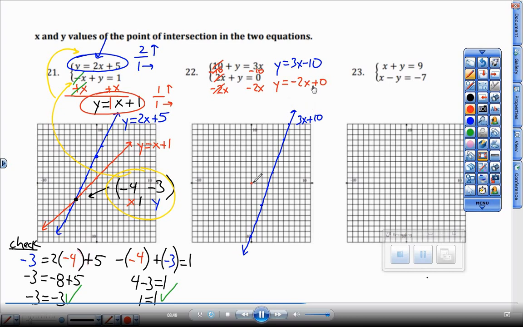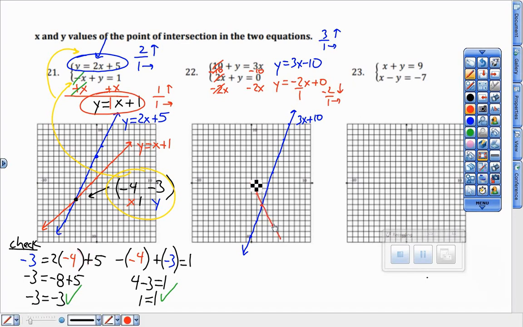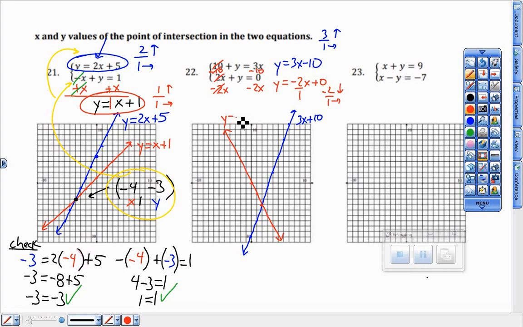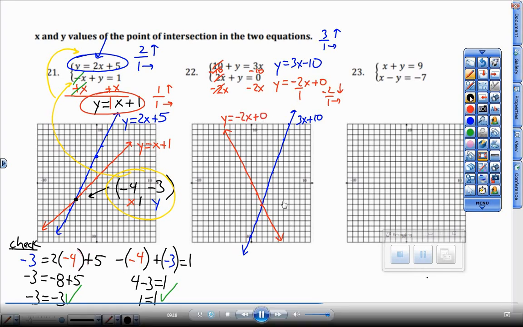This one's got a y-intercept of 0 and over 1, down 2. Again, trying to show you how I'm getting that slope from -2, -2 over 1. Right 1, down 2, right 1, down 2, right 1, down 2. Draw your line. The third word is kick. Alright, that is -2x plus 0. That point right there where they intersect is the point 2 for x,